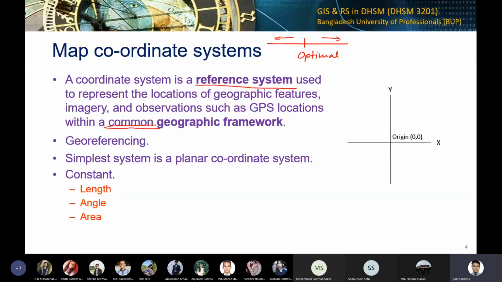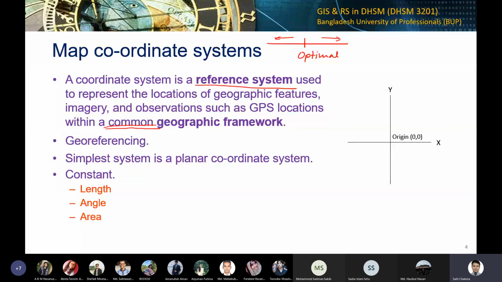So at that point, in your brain, you are thinking you are in BUP, so Mirpur 12 is close to you. It's not that far. That means I can easily come and visit you, or you can easily come to me. How about if I were telling you that I'm in Jatrabari? At that point, your brain will automatically think that you are too far away, so there is no point in meeting today because it's already late, it's 4 o'clock. If I come to you, it will take 2 hours, or if you come to me, it might take 3 hours. So let's give up, let's meet tomorrow.